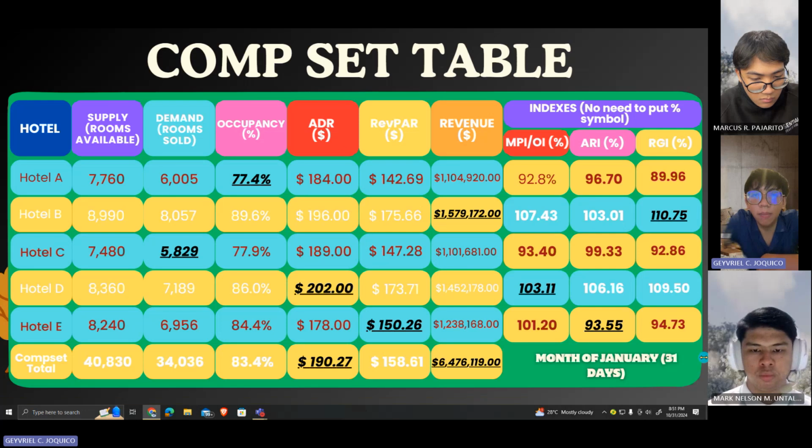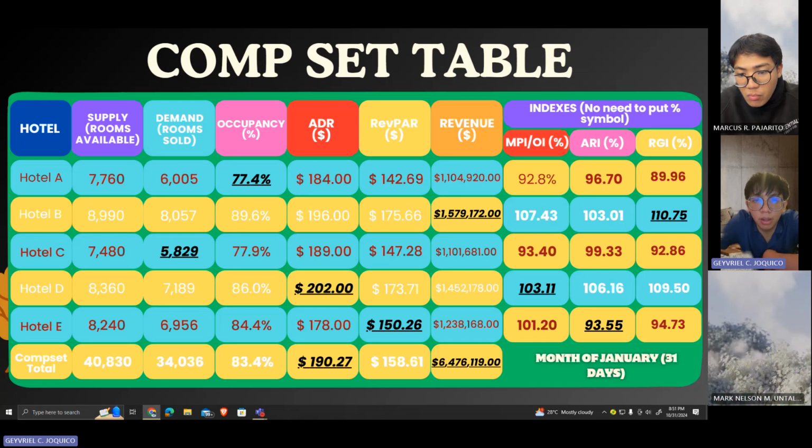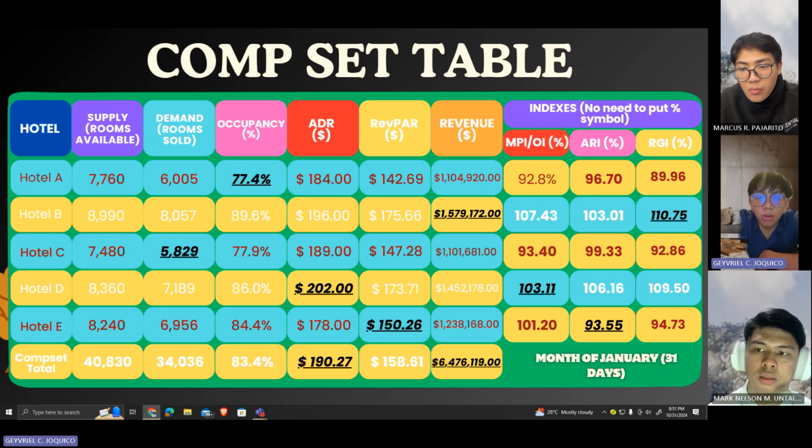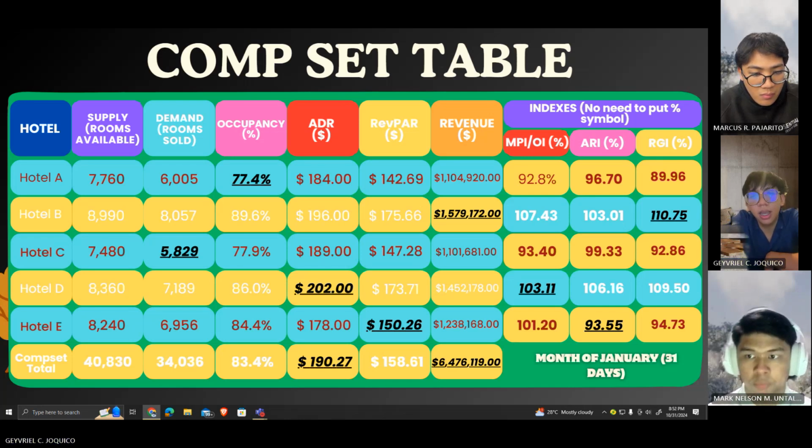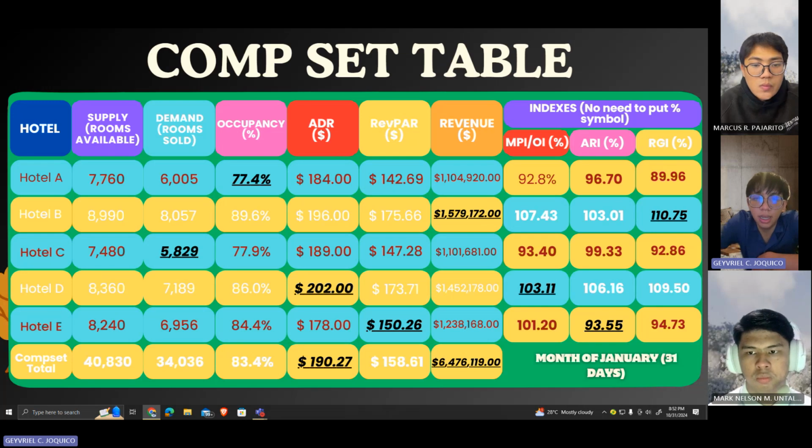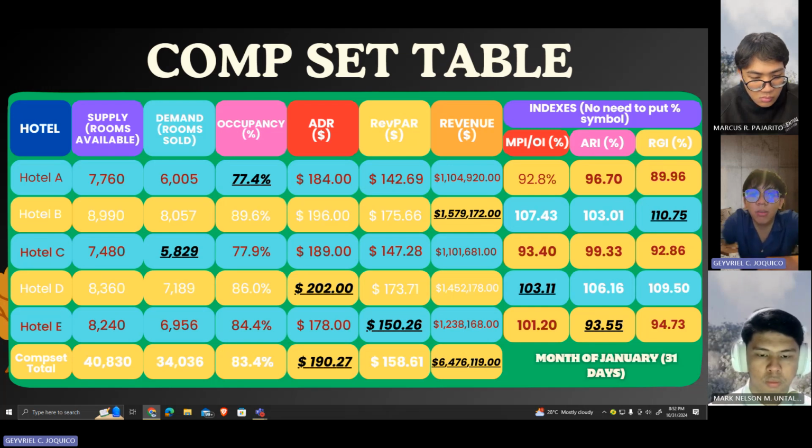Now, to increase the marketing penetration index, Hotels A and C should prioritize targeted marketing campaigns and promotional offers to drive occupancy, collaborating with local events to further stimulate demand. For the average rate index, introducing dynamic pricing and value-added packages will appeal to higher-paying guests. Additionally, strong loyalty programs can help enhance these rates. Now, to boost the revenue generation index, or RGI, investing in revenue management training and upselling techniques is vital. Regular performance reviews can align strategies with market trends.